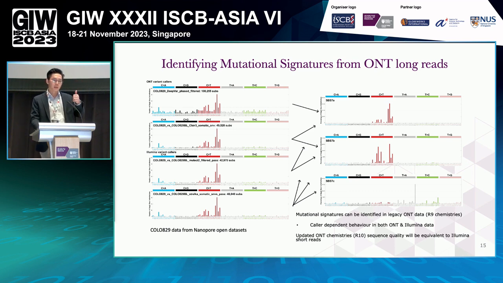But it's also limited because there's sort of a caller-dependent behavior. So Claire 3 performed really well with 2 different signatures. But out of all the 3 or 4 callers that we tested, there's only one short read caller that can actually recapitulate all 3 signatures, which was Strelka. So I think this is interesting because at the end of the day, there might be a really specific caller type of behavior. But at the same time, this is still sort of a start for long read